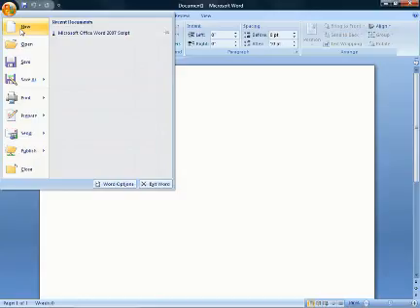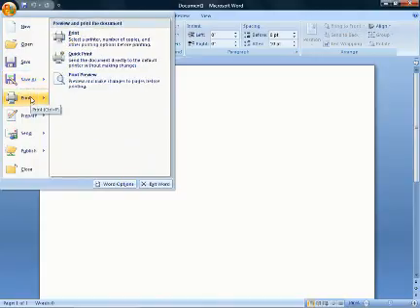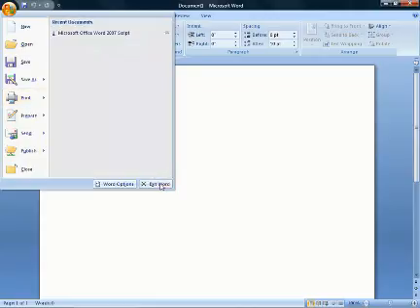Now, as I scroll down here, you can see some of these items actually have little arrows next to them, which means they have additional commands hiding underneath them. So under Save As, I've got a number of save options. If I move down to Print, because it has this little arrow next to it, I've got 3 different print options showing up here. In the bottom right corner, you can see I can even exit Word. So I can go right out of the application by clicking this. And I've got all my Word options down here, so we'll be spending a great deal of time later on